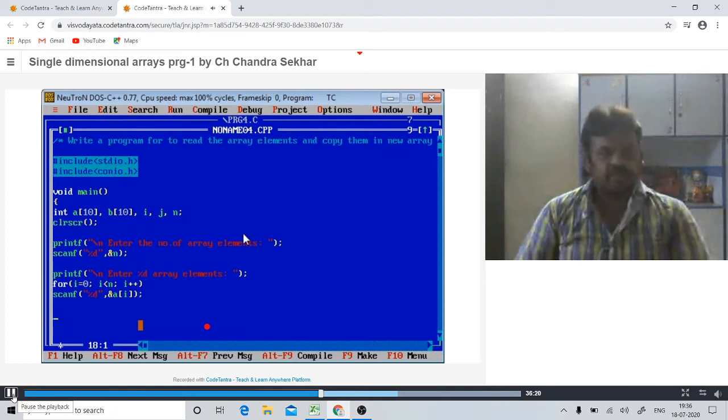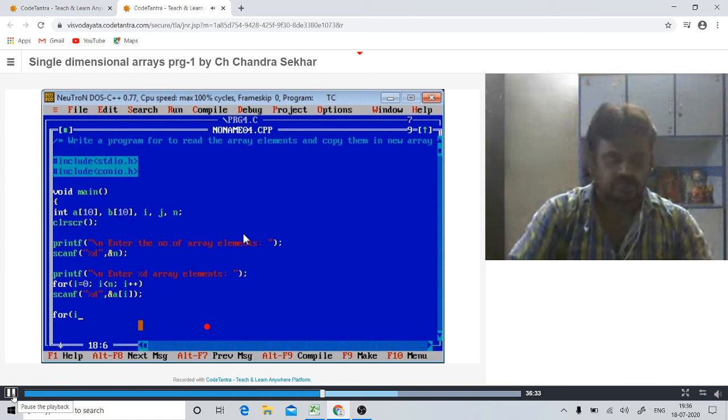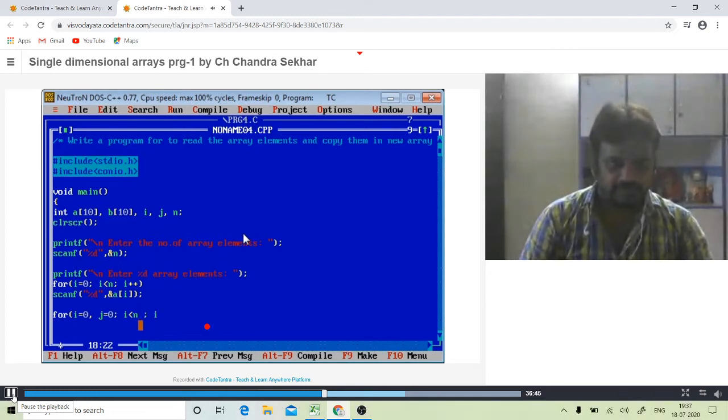Now processing. So for i equal to 0, comma j equal to 0, i less than n, i plus plus, comma j plus plus.